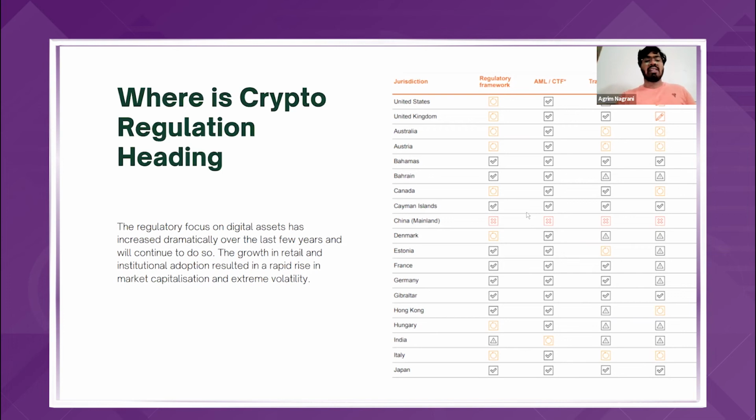The growth in retail and institutional adoption has also increased with the rise of market capitalization, as well as the volatility which we see in the market presently. There are various cryptocurrencies or tokens which even move 5 to 10% in 15 minutes or 1 hour, whereas Bitcoin generally moves 2 to 3% on a normal day where there is no major event happening around. So we have also shared a list of countries with the jurisdiction and the kind of update